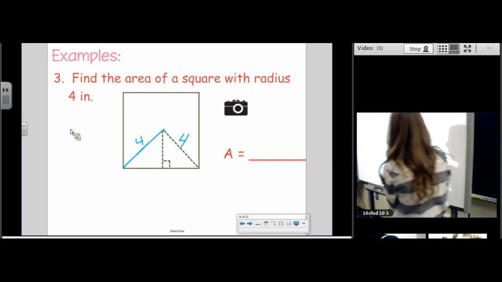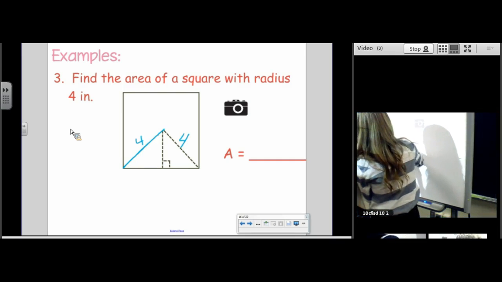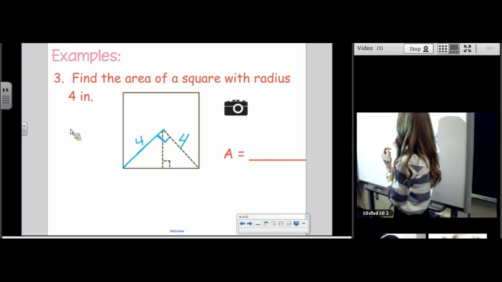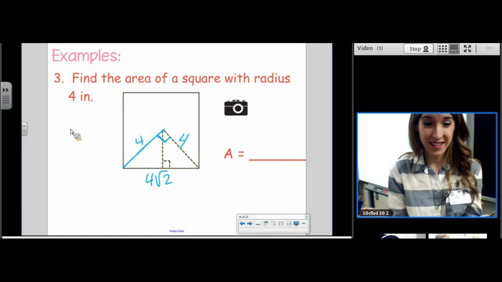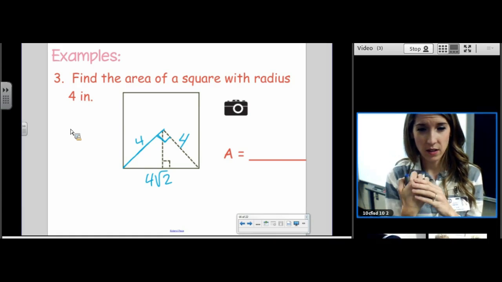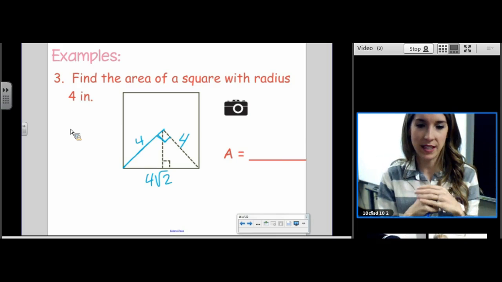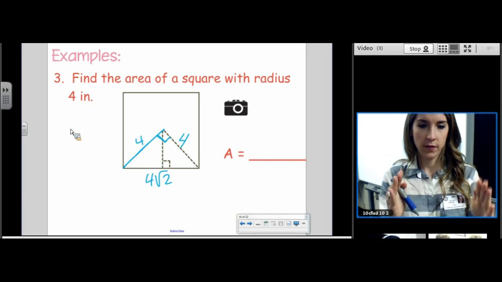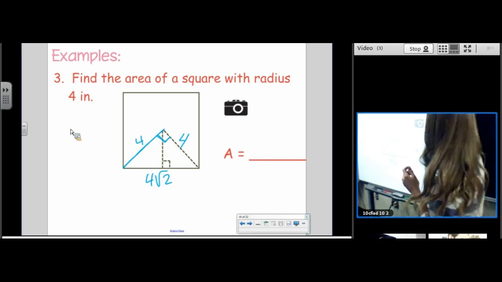The radius is 4, and the diagonals are perpendicular. So 4 root 2. Are we okay with that? 45, 45, 90 triangle. That way I'm not having to divide by root 2 and then it gets messy and we would just undo it. And so 4 root 2. 45, 45, 90. Yep, so side